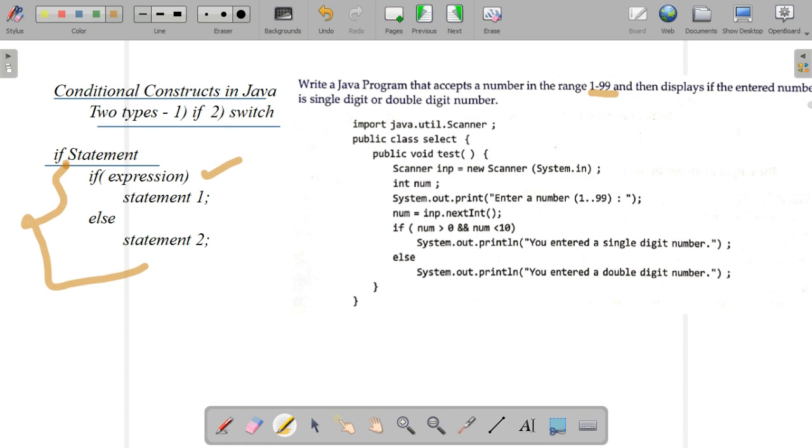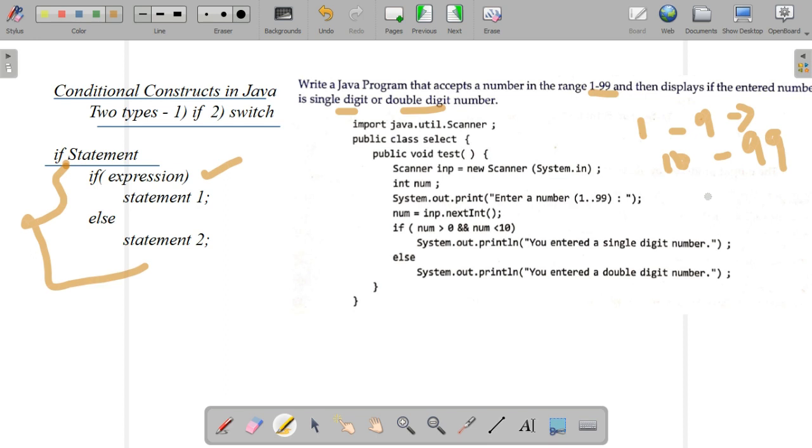For this, a program accepts a number in the range of 1 to 99 and displays whether the entered number is a single digit or a double digit number. Single digit means 1 to 9, is it? Yes. From 10 to 99, that is a 2-digit number.